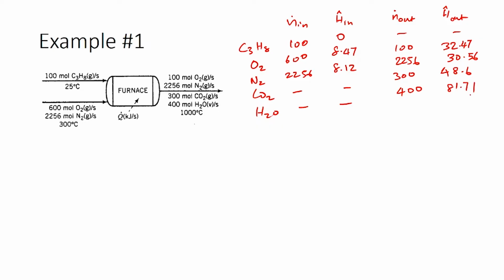So, now that we have all these enthalpies, we can basically calculate the total enthalpy of the outlet stream as 100 times 32.47 plus 2256 times 30.56 plus 300 times 48.6 plus 400 times 81.71. Similarly, for the inlet stream it would be 100 times 0 plus 600 times 8.47 plus 2256 times 8.12. So, the difference between the two can be calculated and you can add that to the extent of reaction times heat of reaction. So, your delta H dot is now equal to,